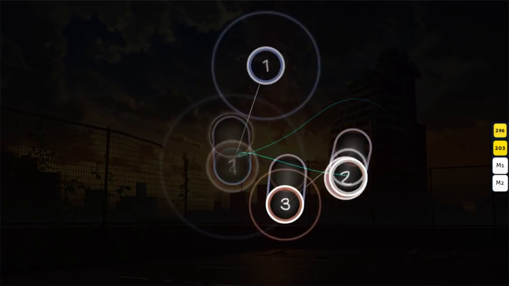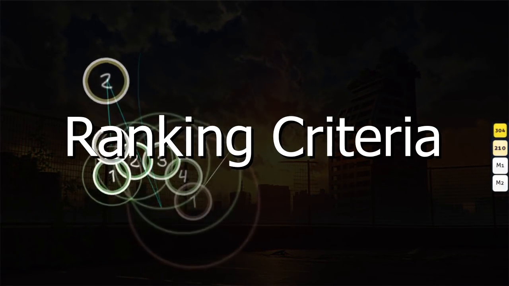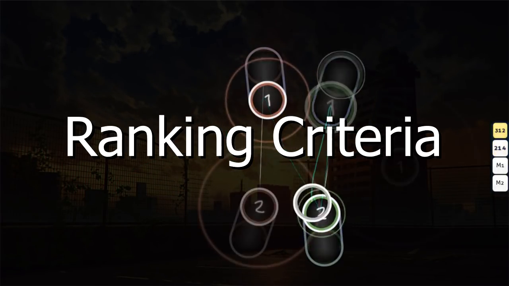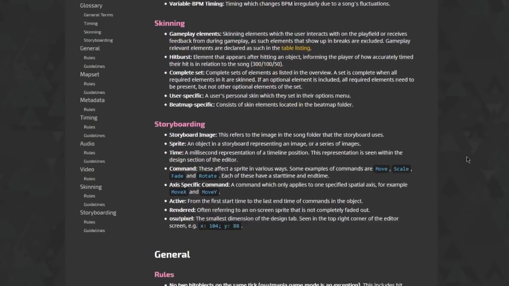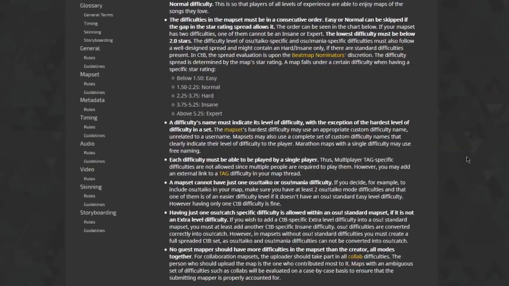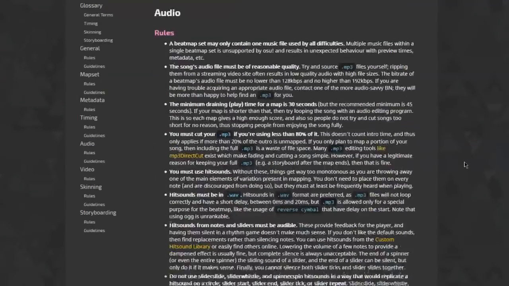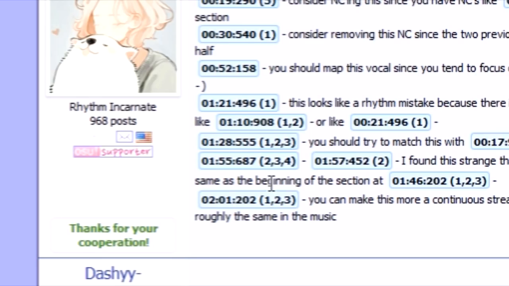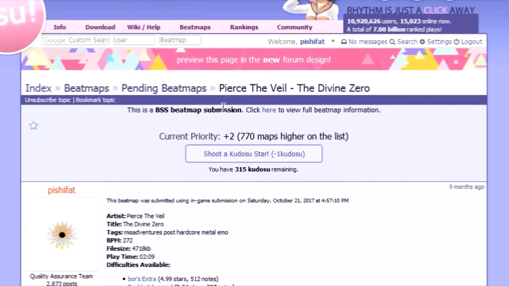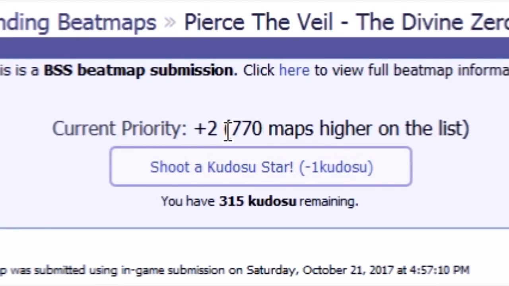We all know everyone has their own opinions on map quality, but the ranking criteria is something that partially unifies modders in the feedback they provide. Located on the wiki, the ranking criteria is a huge list of everything necessary to create a map suitable for ranking, meaning if your map breaks any of the rules here, it's not going to get ranked. By accumulating mods throughout the modding stage and rewarding them with kudos, you'll notice that this current priority number increases in accordance to the amount of kudos earned on the thread. While it would be nice if a map's priority relative to other maps had meaning, this star priority number is more so used to tell beatmap nominators when they're allowed to take over.